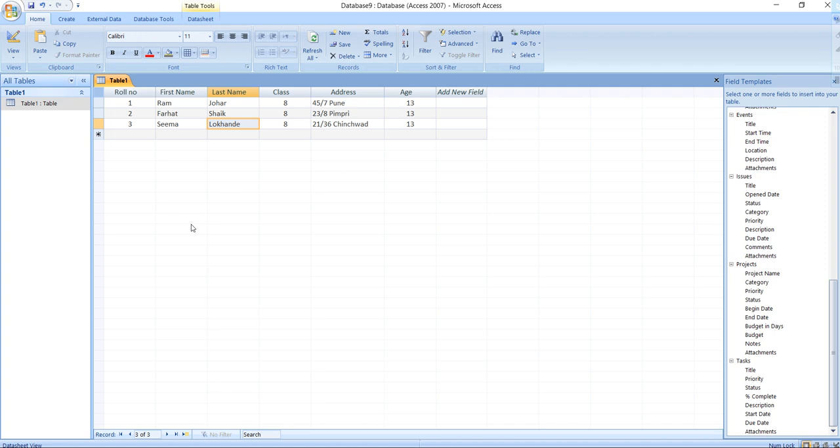In most cases, these matching fields are the primary key from one table that uniquely identifies each record in a table, and a foreign key in the other table. A foreign key is a value in one table that must match the primary key in another table. So we have to prepare two tables where we have a primary key for both.